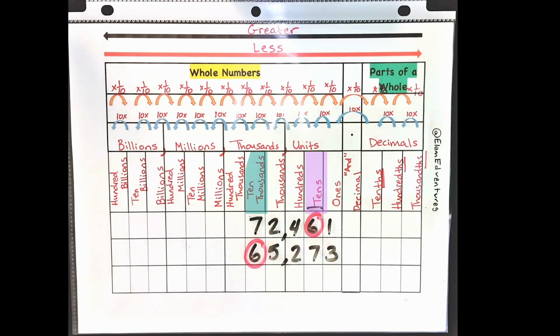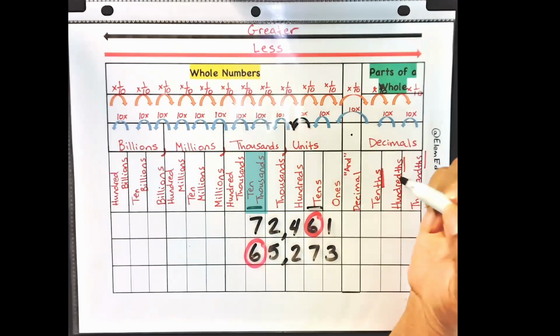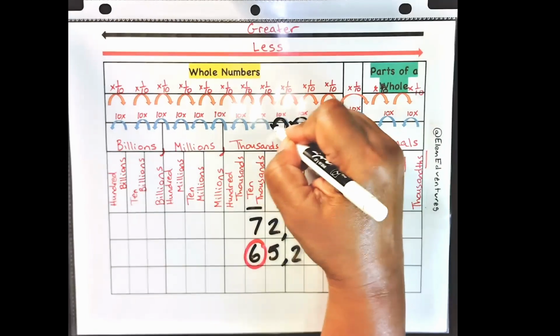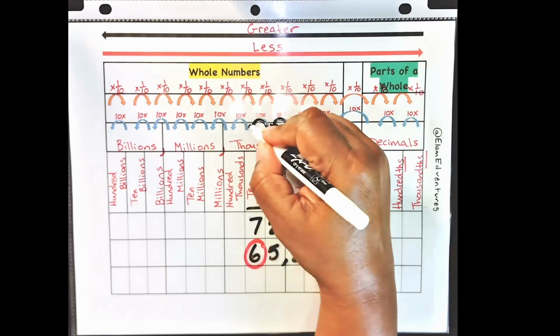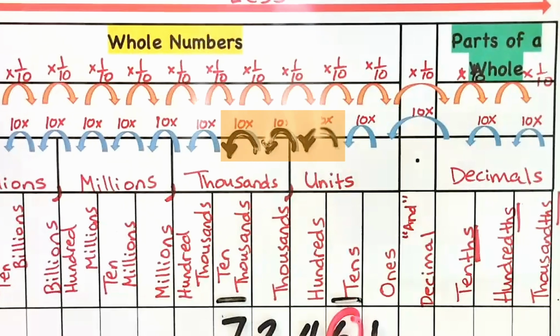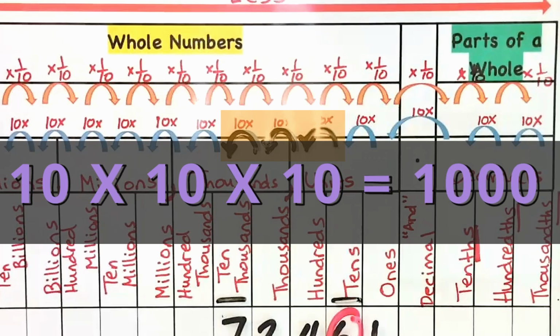The 6 in 65,273 is in the 10,000s place. I'm tracing the blue arrow going from tens to hundreds, then from hundreds to the thousands, then from the thousands to the 10,000s. I had to move 3 spaces to the left when I went from the tens place to the 10,000s place. When I move 3 spaces to the left, I am increasing 10 times 10 times 10, which